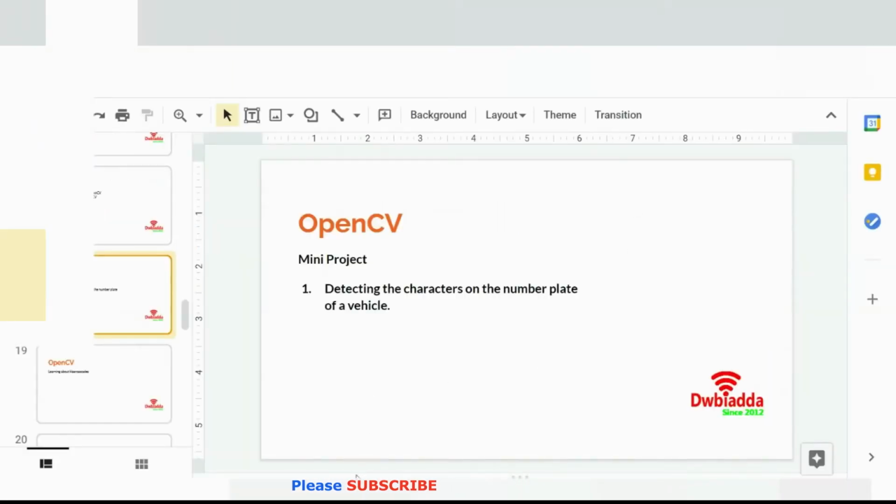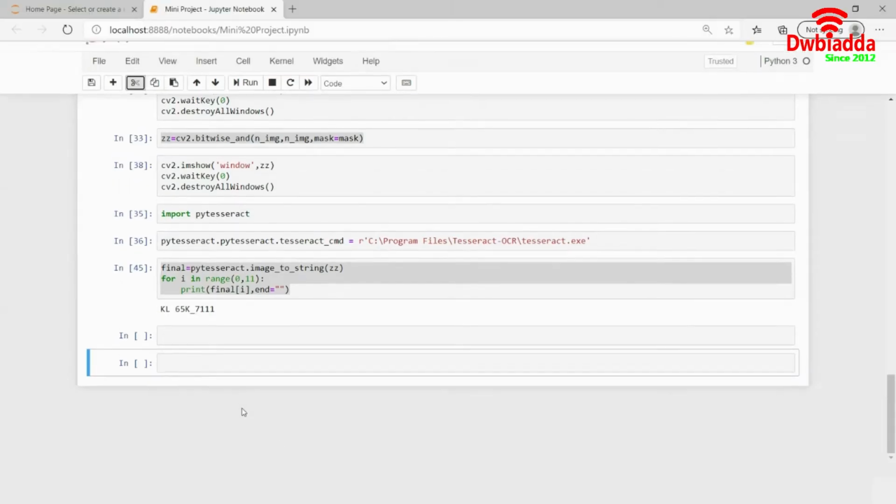Let's suppose I have this directory where I have two images stored, this image and this image. This is the one that we have previously used in our lectures, and I have added this image as well. So what I want to do is iterate through this directory, and get the characters on the number plate of this vehicle as well. So without wasting much of our time on this, let's get started.